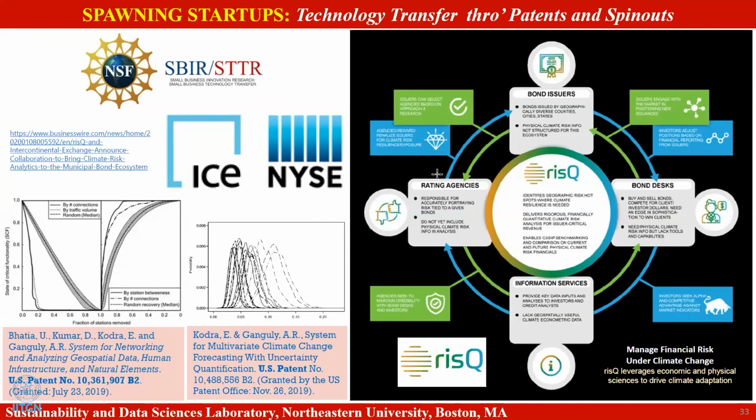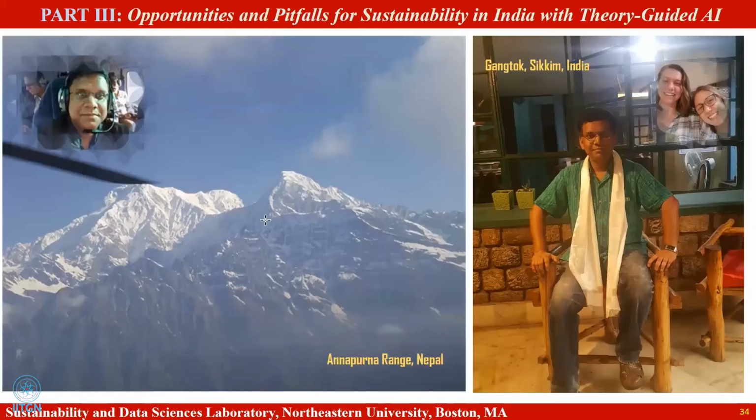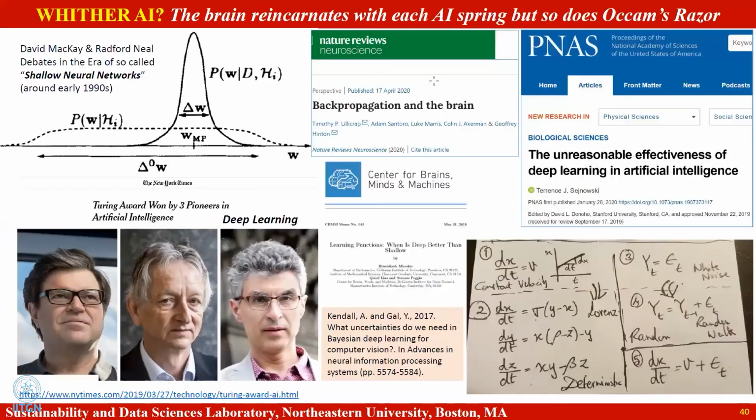This is a startup company based in Boston, where my former PhD student, Evan Kodra, is the CEO. And then there is this other patent about resilience, which talks about both destruction and recovery of network systems. And this was led by your Professor Udit Bhatia. So with all of these things, there are several opportunities for sustainability with a focus on India. By the way, this on the left that's me on a small plane around the Annapurna range, and that's in Sikkim. So anyway, in India, there are